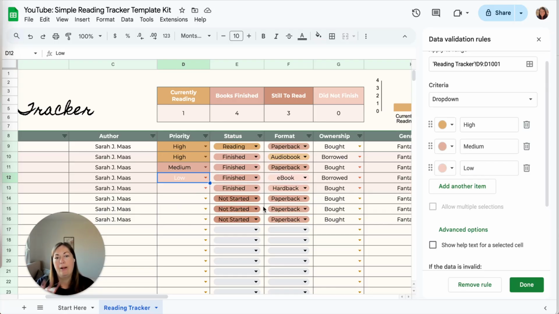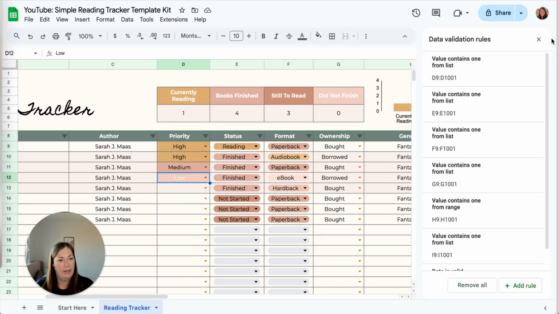So you could change just the background color, or you could change both the background and the text, or just the text color. Totally up to you. Design it how you want. You can always change it later. And again, if you need to add any other items to this one, you would just click add another item and add it. So now that I'm done, I'm going to click done